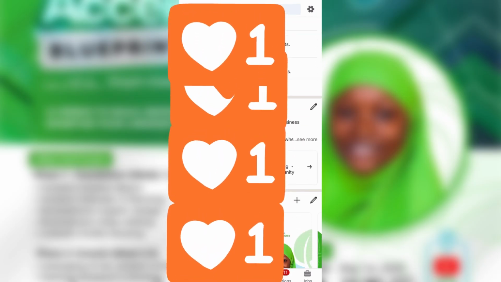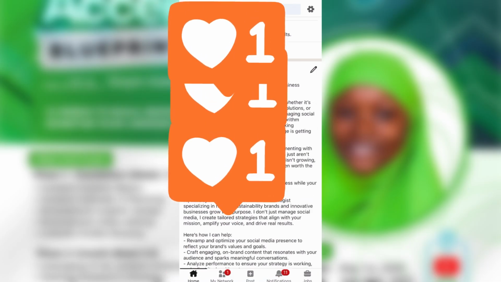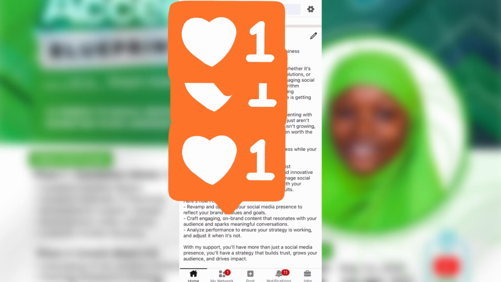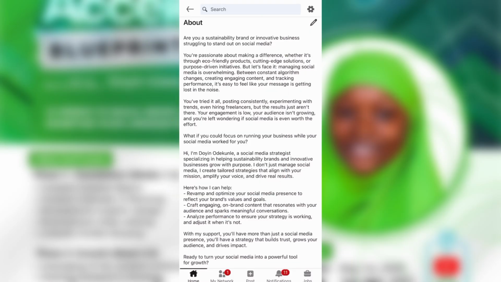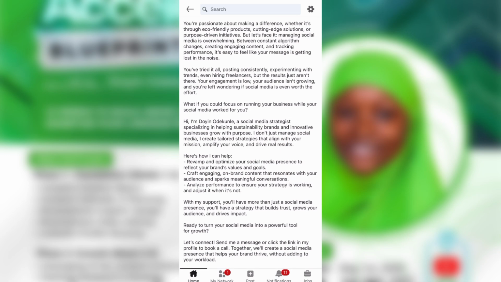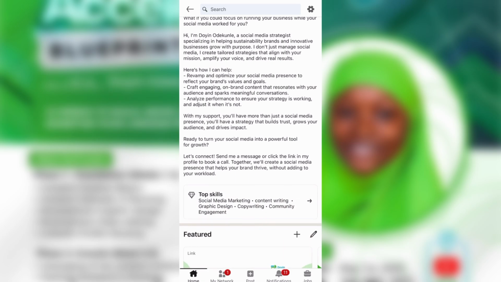So when you come down, this is your about section. This about section will go into the details of what you do. It has to be well detailed. Who you are, how you can help, and